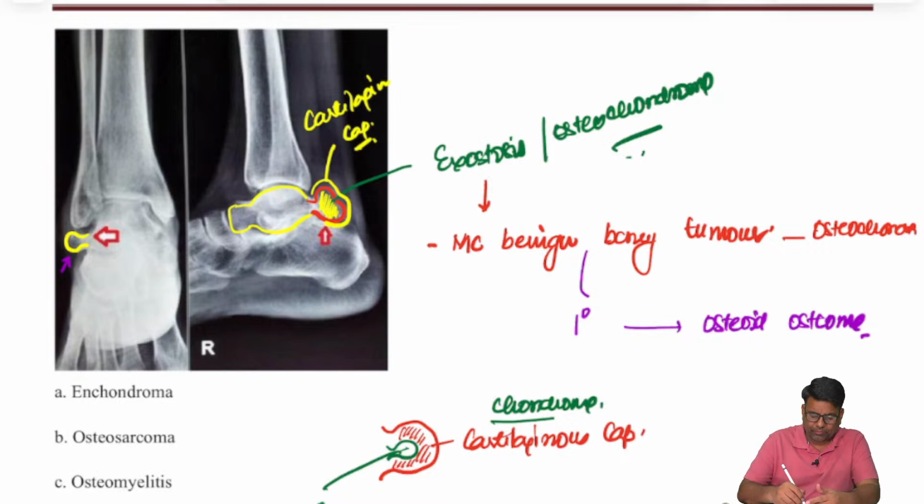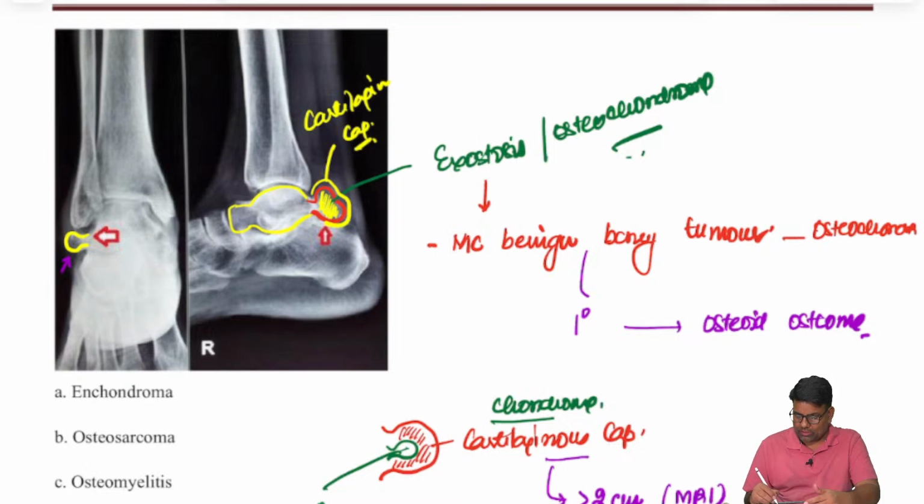Derivation of this term. Now this cartilaginous cap is very important in terms of prognosis, because if it is more than 2 centimeter, of course on MRI, it suggests malignant conversion, because what we discussed, it is a benign entity. It can become malignant, and how can we check that? One thing is, if the size of this cartilaginous cap is more than 2 centimeter on MRI, and also if swelling